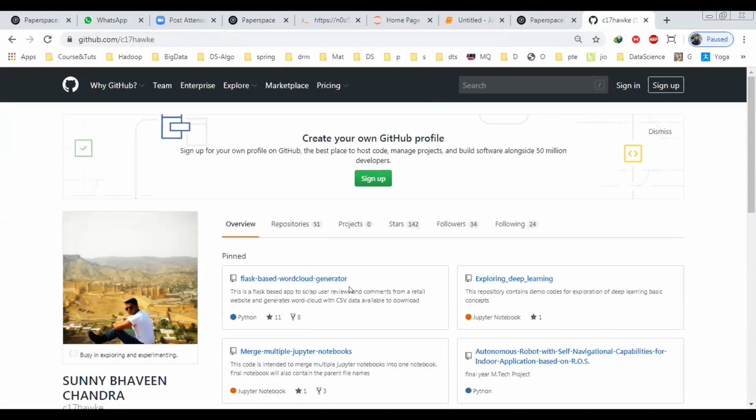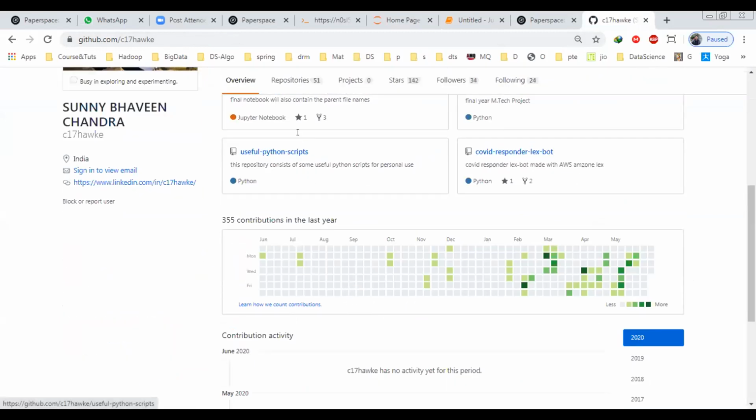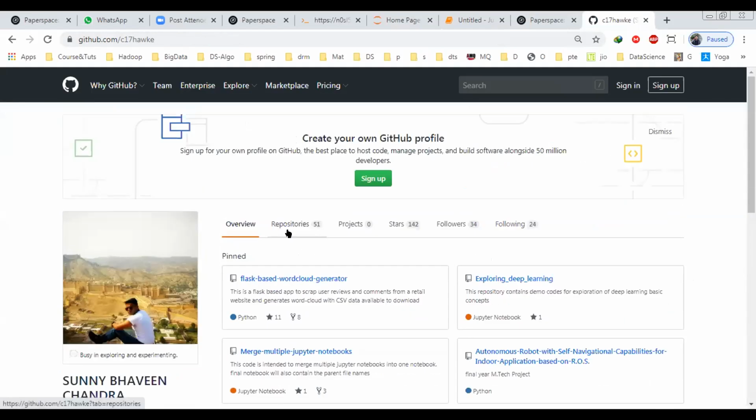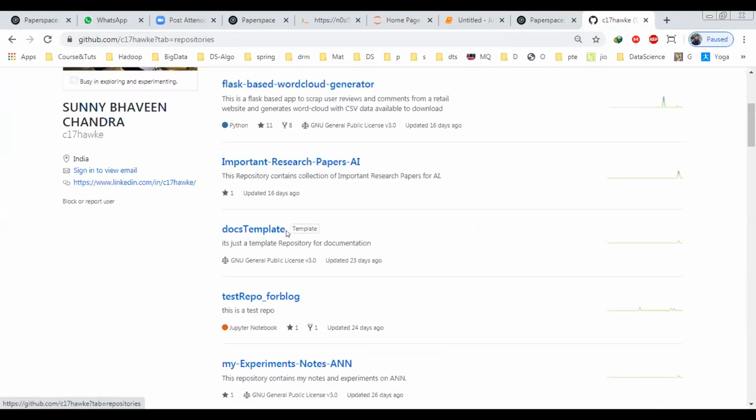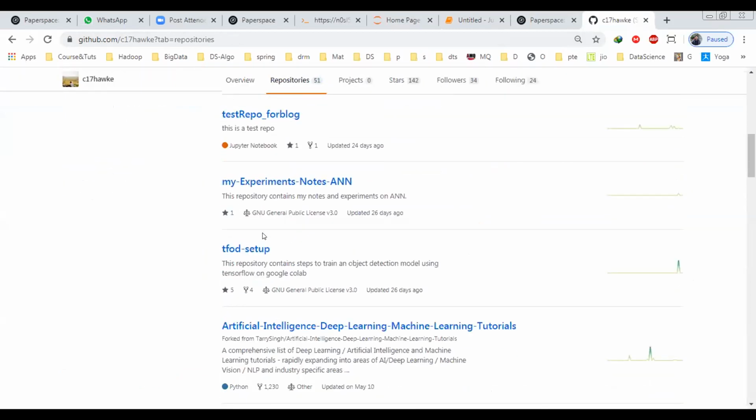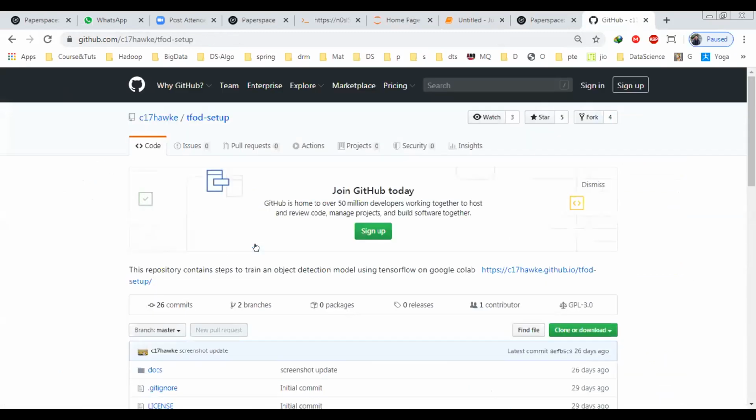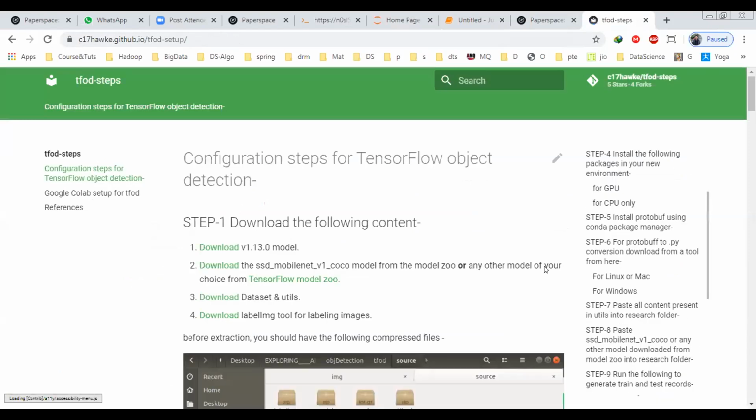Which one was that? TF4D. So whatever setup has been done on your local setup. Once you do it, you just have to do what?